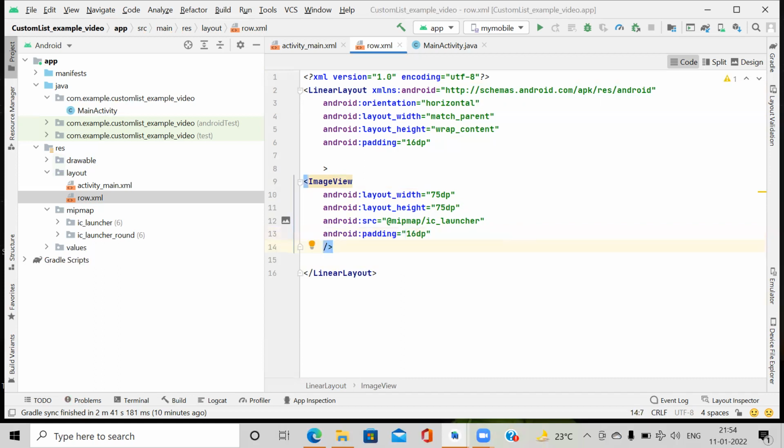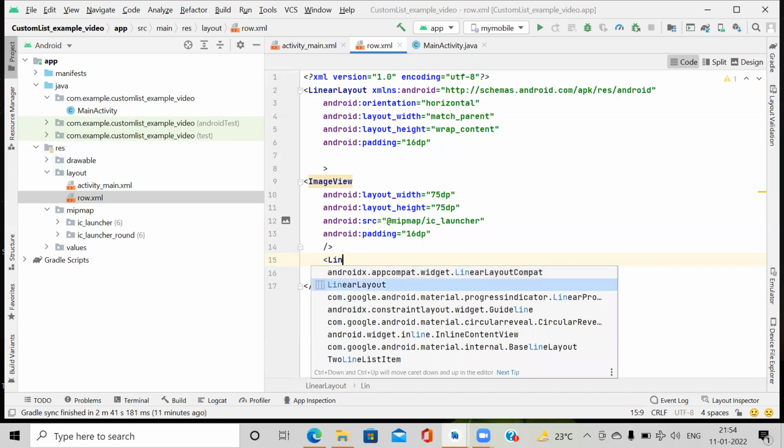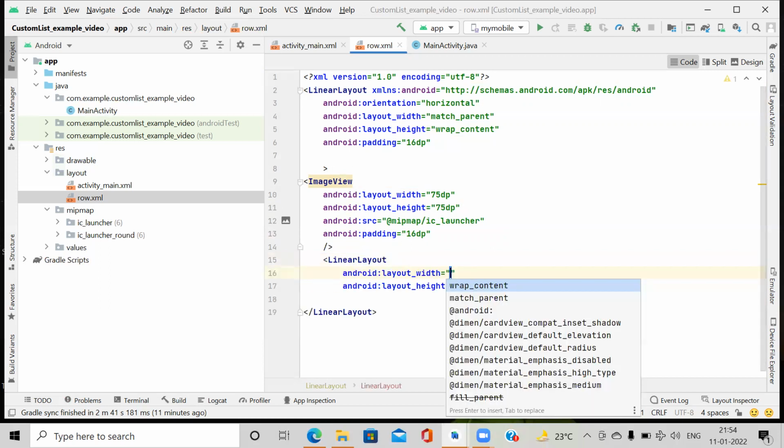In all directions. Here we again start with a linear layout because we require the image view along with the text view. The text views are in a vertical order, so I again take one more linear layout. Its width and height are match parent and wrap content.